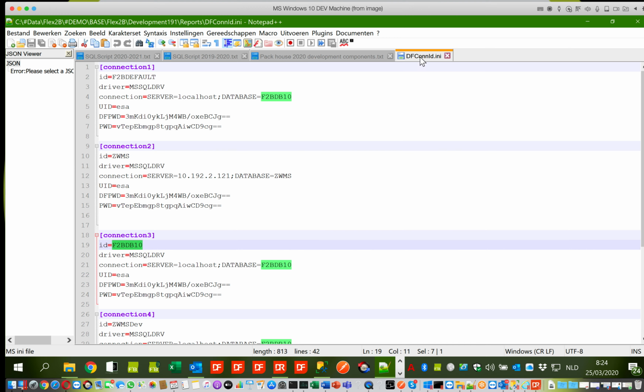So remember, we're working through that dfcon.ini file. Once we have created that, and basically it's pretty simple to create it,